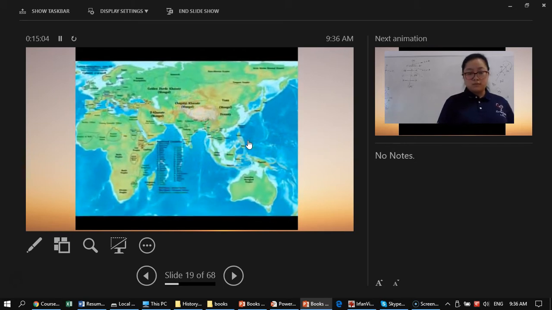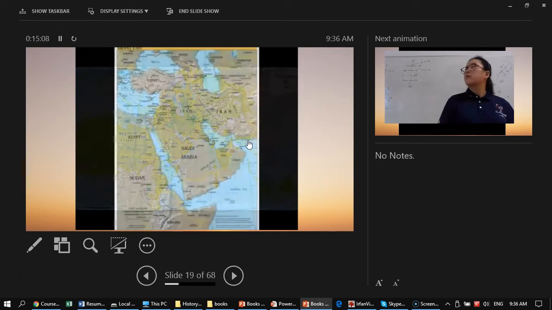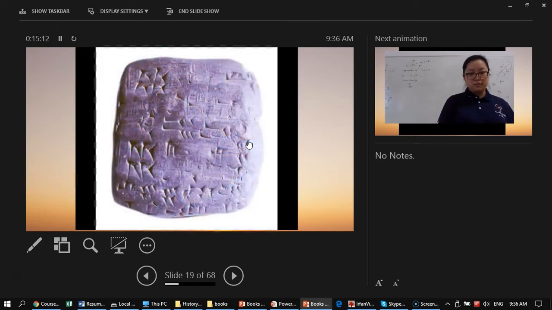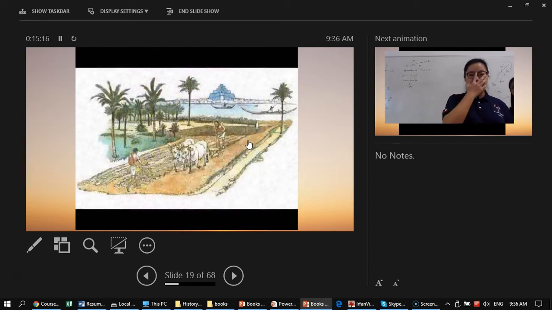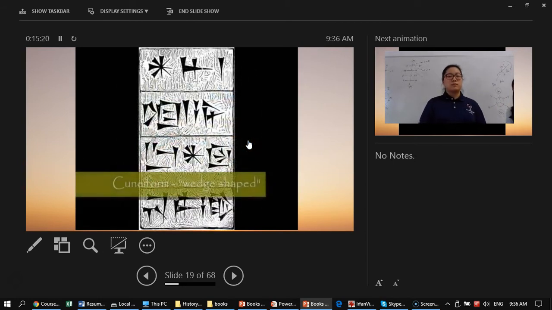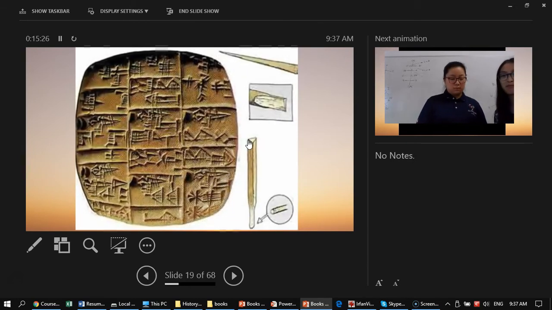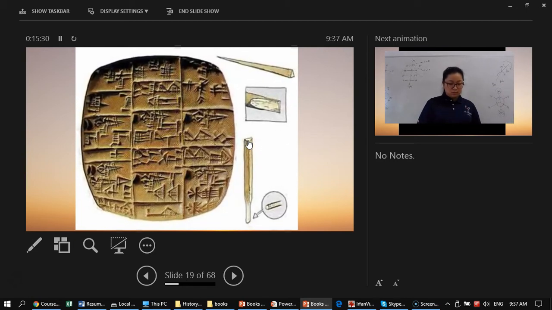About 10,000 years ago, in Samaria, which is modern-day Saudi Arabia, the book begins its journey as a clay tablet. The Samaritans needed a way to keep record of crops and livestock, so they began making clay tablets to write on. It is a simple form of writing that they invented called cuneiform. They used sticks to write on the tablets, and then they would leave them out in the sun to harden. However, there had to be a better way.